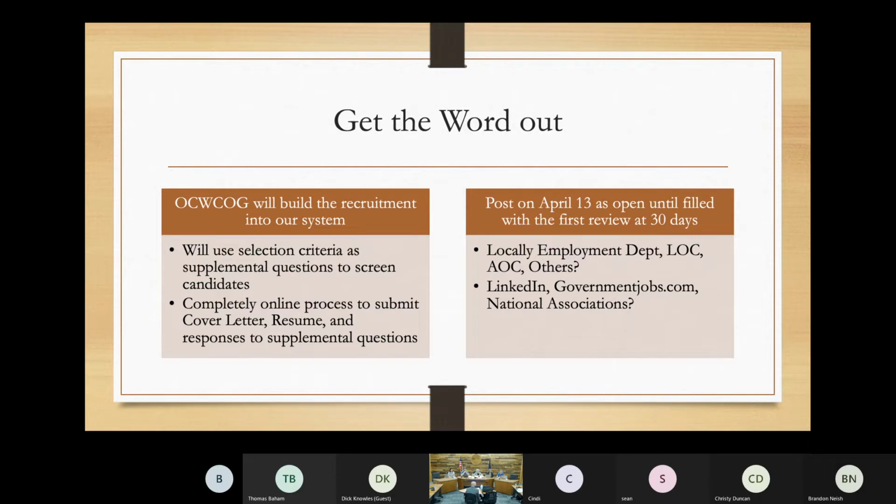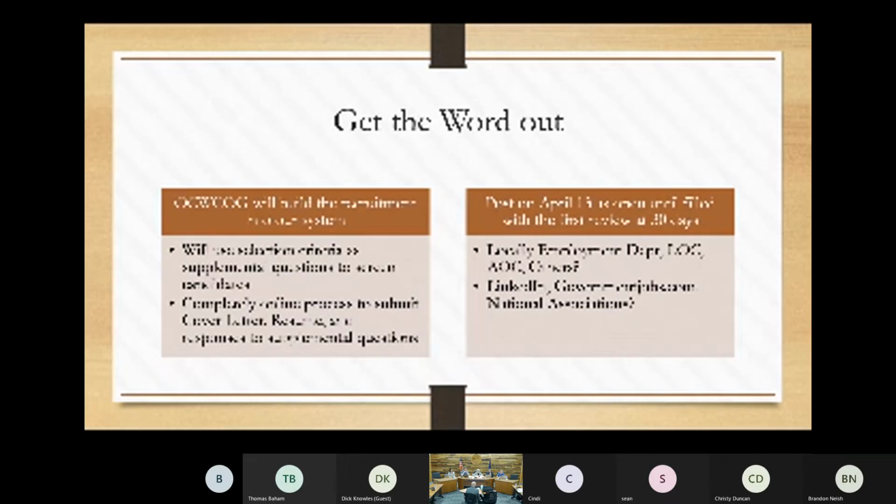I might add to that conversation, when we prepare the brochure, we'll bring that to you for final review and approval. And we'll have some research on other recruitments that have been conducted so that you can see the ranges that were offered there, and then can make that part of your final approval of the brochure before it goes out. Thank you. Madam Mayor, we know how much the previous one was getting paid, so I don't remember what step he was. But I think we could take that into consideration. I don't know exactly what he was getting paid right now, but I would be looking at some of that too.